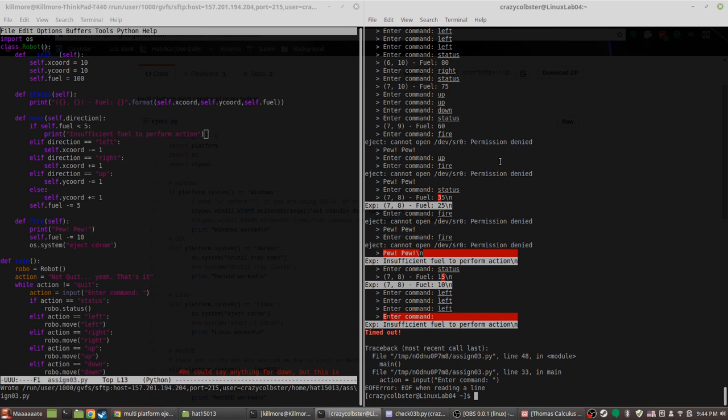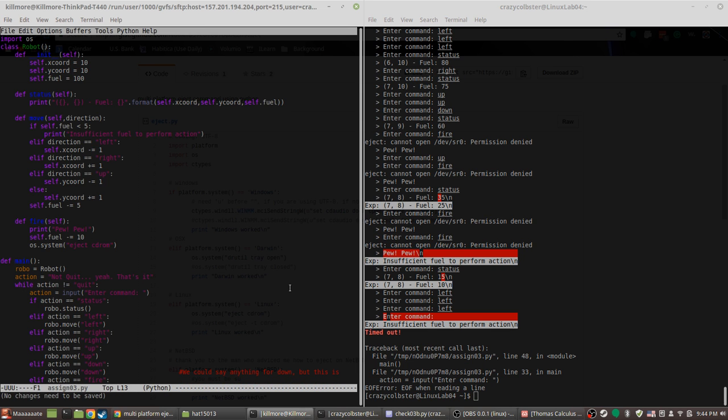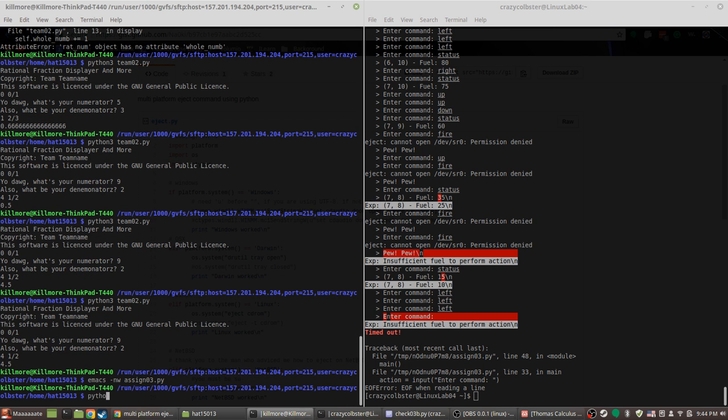Oh, it's late now. What if I do this myself? Python 3. Oh, I need to do this in my own terminal, though. Python 3 assign o3.py.